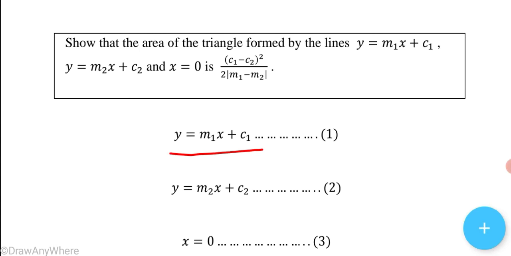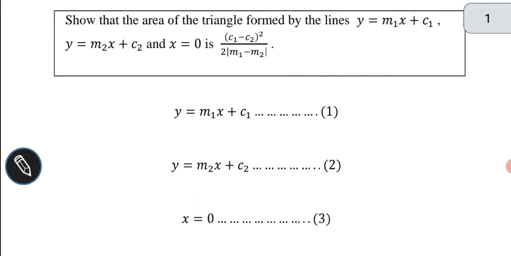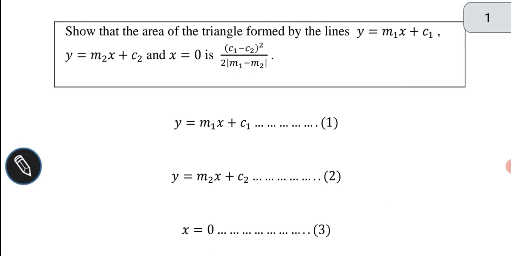Okay, so write the first equation, y equal to m1x plus c1, equation number 1. Second equation, y is equal to m2x plus c2, equation number 2. Third equation, x equal to 0, which is equation number 3. We know that